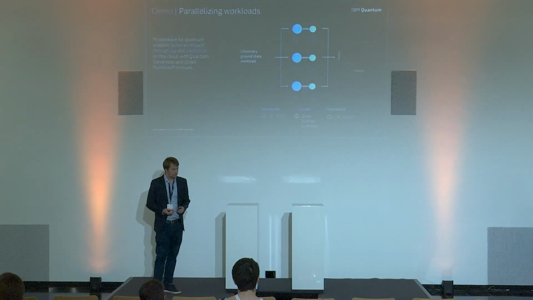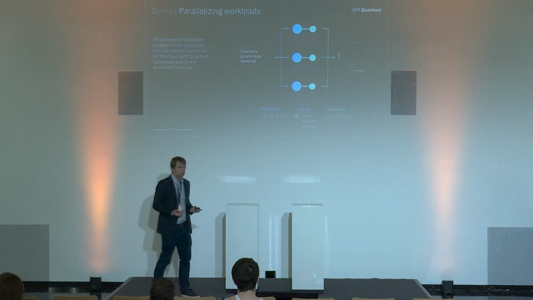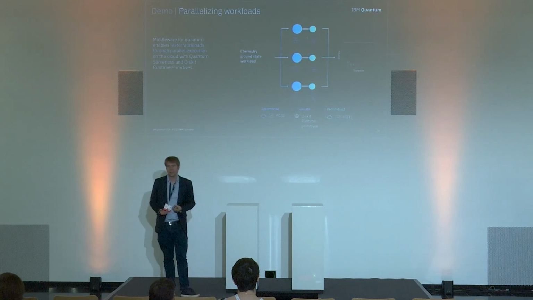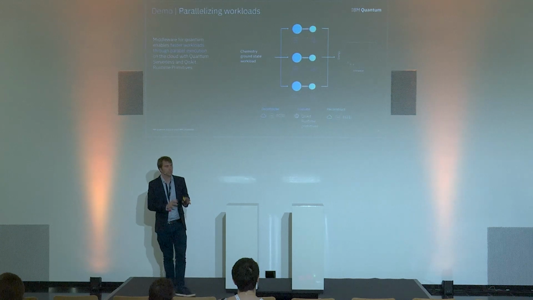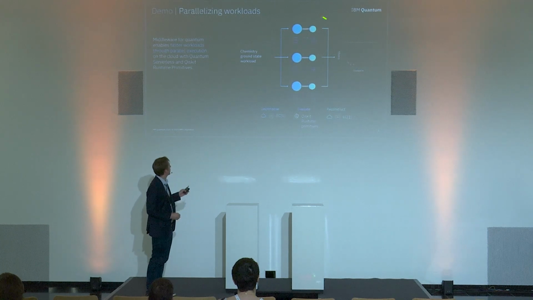So let's take a look at maybe one workflow here. I want to calculate the ground state of a molecule, perhaps. And if you look at this task, it's one that you can very easily parallelize. Often what you do is you want to calculate the energy of this molecule under different configurations. Very simply put, let's say that we have lithium hydride shown here. I might want to calculate the energy of this molecule for different distances of this bond here, right?